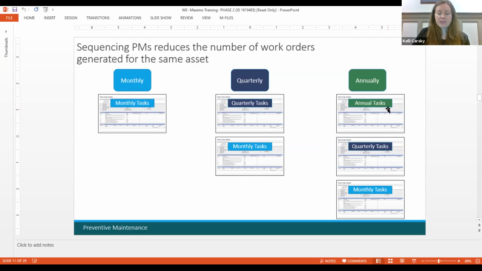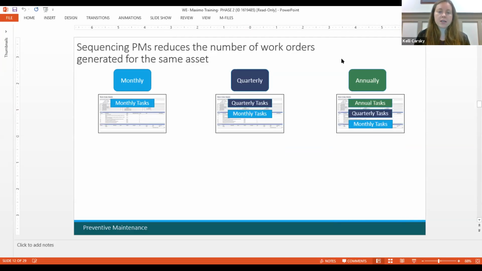So the way that Maximo deals with this is with something called job plan sequencing. And this allows you to combine the job plans and put them onto one preventive maintenance schedule, multiple job plans, and sequence through which job plan is on each work order at different fixed intervals of time. So we are going to go through actually creating a monthly, quarterly, annual PM schedule in Maximo that sequences through some different job plans. So I'm going to stop my share for a second and switch over to Maximo